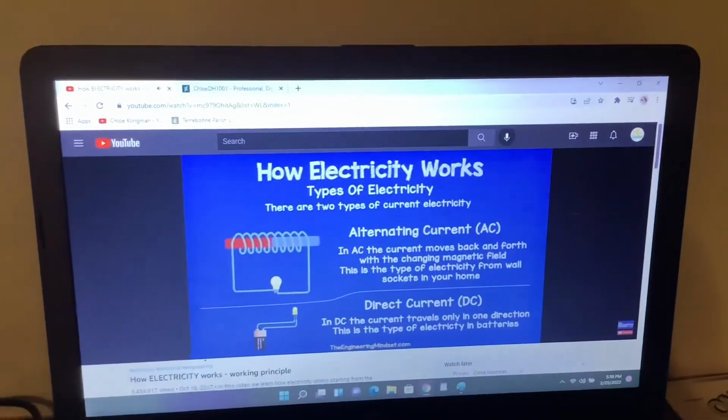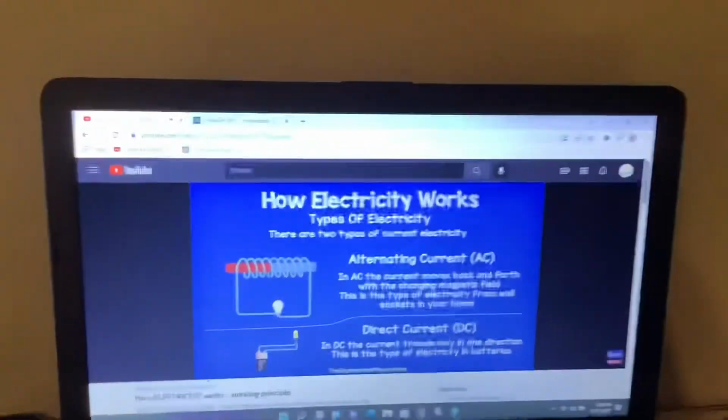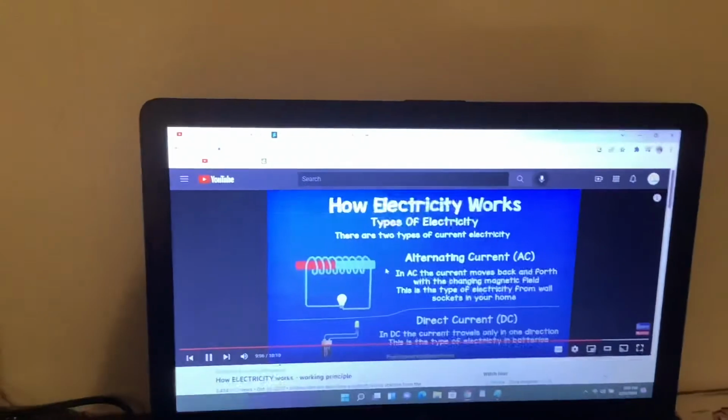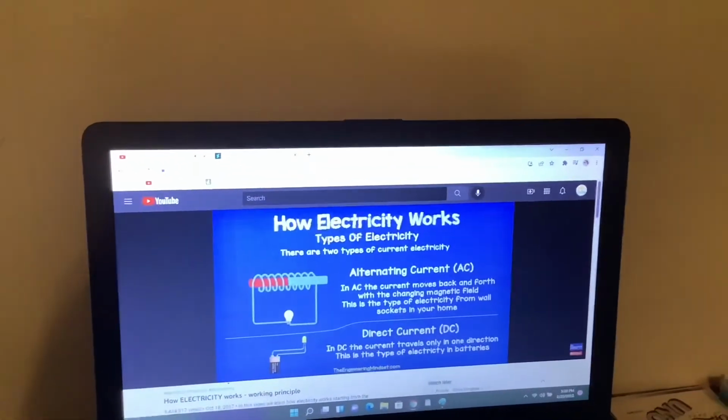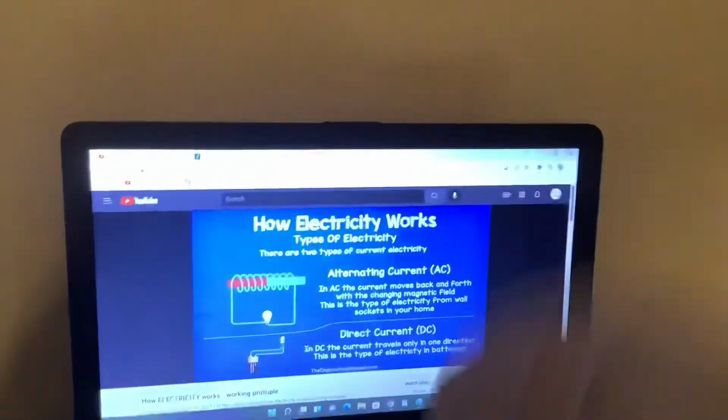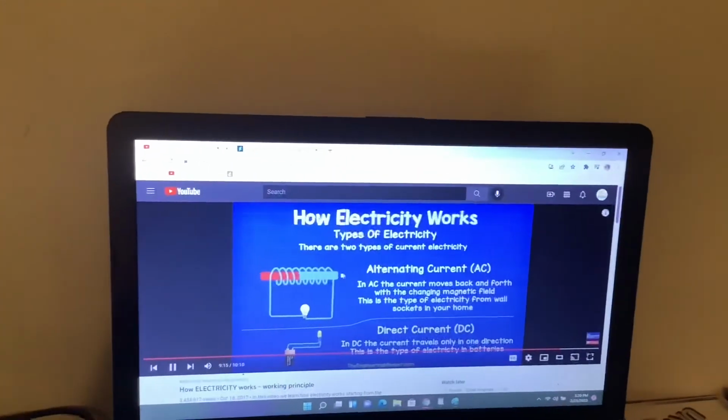Now, on the other hand, direct current or DC, it simply means that the current flows directly in only one direction. It does not alternate. This is what's provided from batteries and almost all your handheld devices are DC as well. So we can convert AC to DC